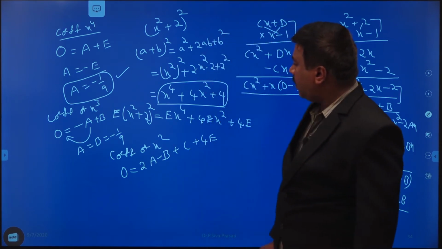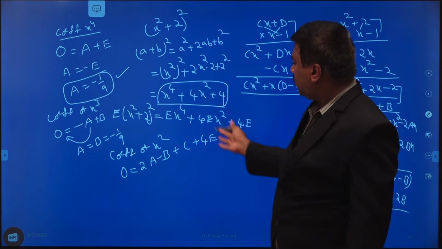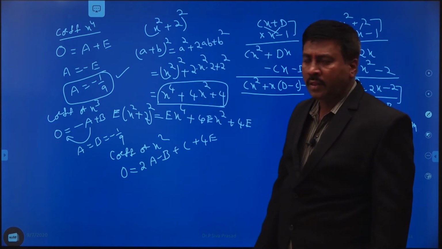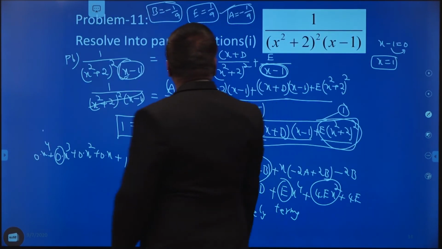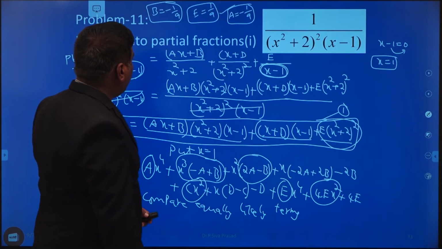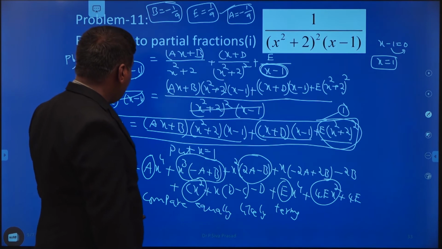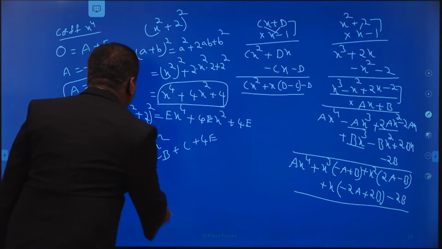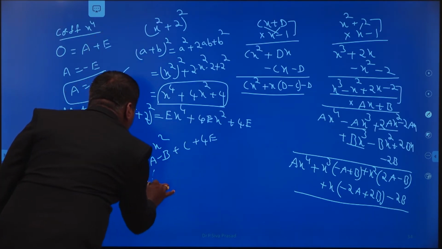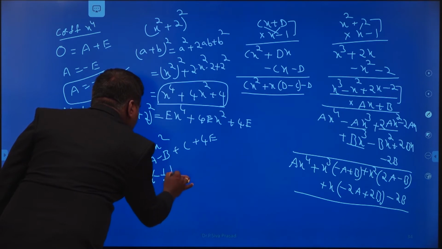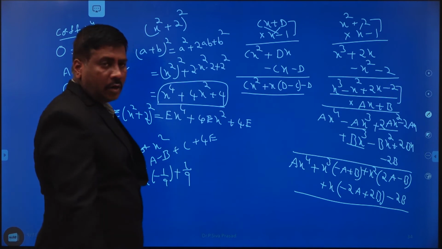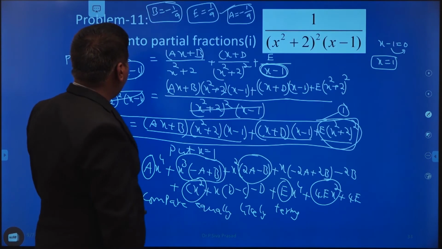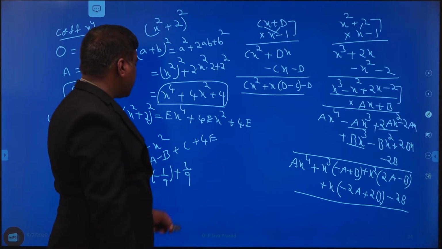Now whatever values are obtained, those values are to be substituted in this place, then automatically we will get the value for c. Therefore, these are the b, e and a values to substitute. So the a, b values are minus of 1 by 9. Then 2 into minus of 1 by 9, plus b value, so 1 by 9, minus of minus is plus. The b value is also minus of 1 by 9, minus of minus is plus.